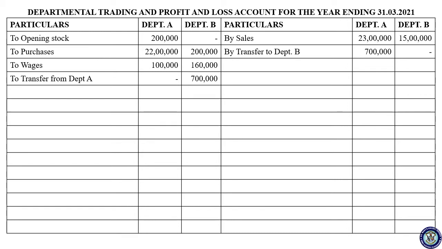Okay, next you write closing stock. "By closing stock", that is 5 lakh and 1,80,000. So the difference will be either gross profit or gross loss. Now you calculate whether it is profit or loss. Calculate fast. First you do the total of both sides, then you write the balancing figure, whether it is a profit or loss. Do it.